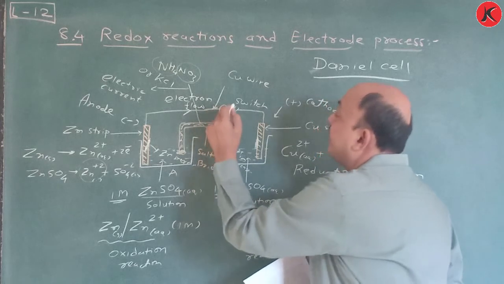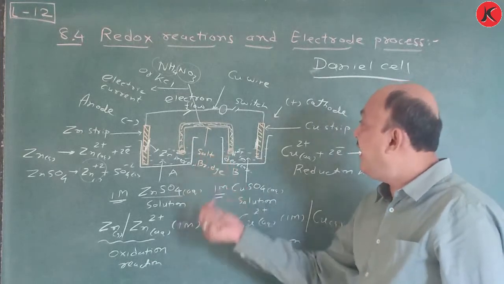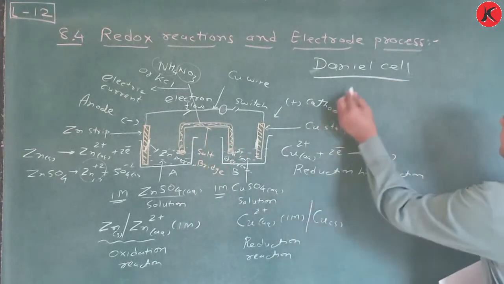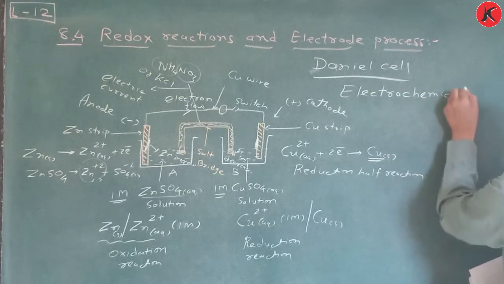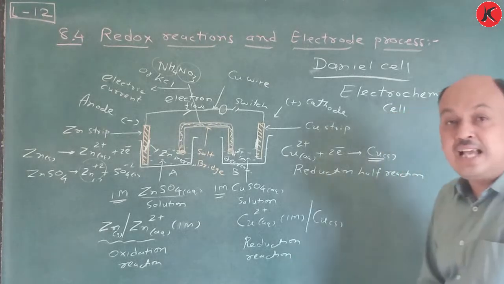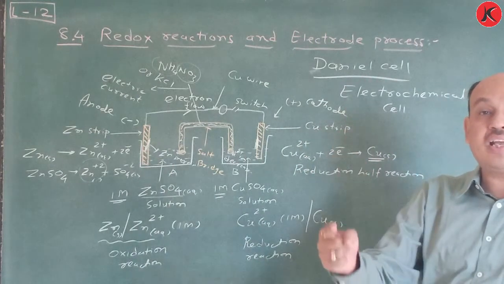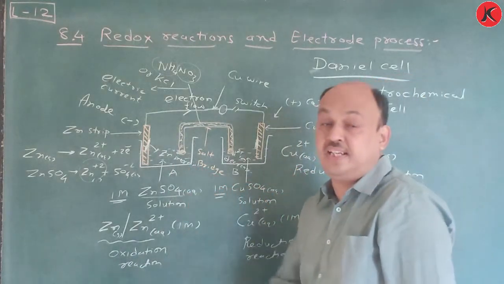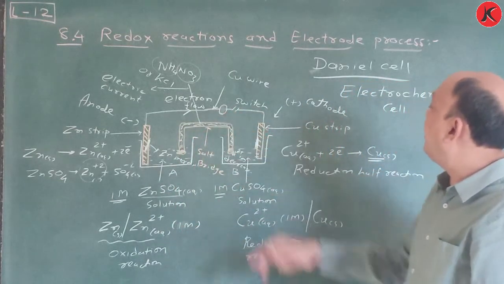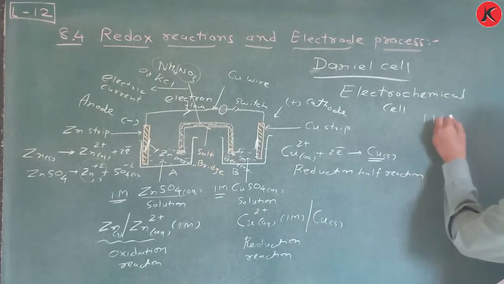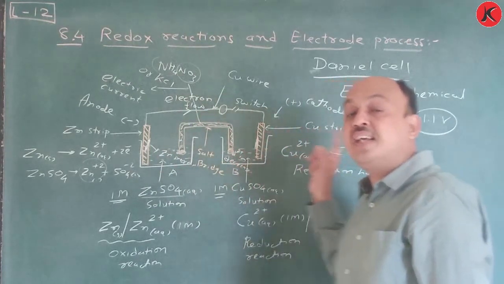वोल्टमीटर या एमीटर कुछ भी रख दिया तो आपको वोल्टेज मिलेगा। अगर ये जो सेल है उसको हम कहेंगे इलेक्ट्रोकेमिकल सेल। According to this cell, we can say that chemical energy is converted into electrical energy according to spontaneity, according to spontaneous reaction, and at that time we measured this volt, so it is nothing but 1.1 volt. Remember, so here chemical energy is converted into electrical energy.